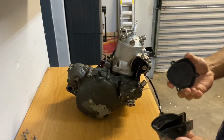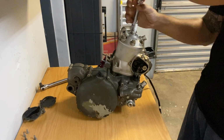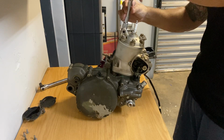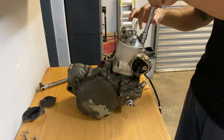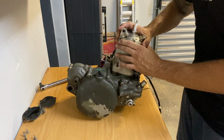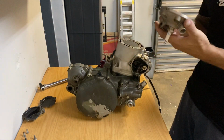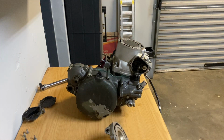Bit of carbon buildup, some oil residue. Okay, I see. Alright, so if you guys